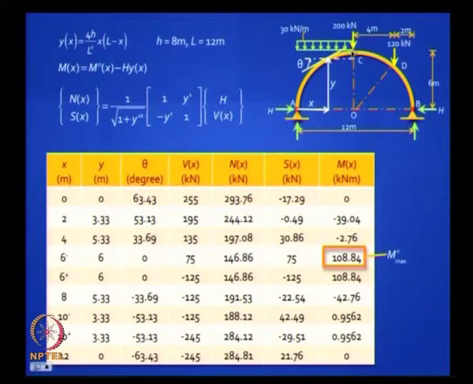What about the maximum negative moment? This was checked at 8 meters, but where do you think it will be maximum? Will it be this value or will it be here? So you need to check out. How do you find out where to get the maximum moment, especially from the shear force diagram, where the shear force is changing sign. So you will find that it is changing sign at x at 8.92, and you work out that you get a slightly higher value than 42.76, 46.3. These are things you can do, and we have done this earlier, and that is all.